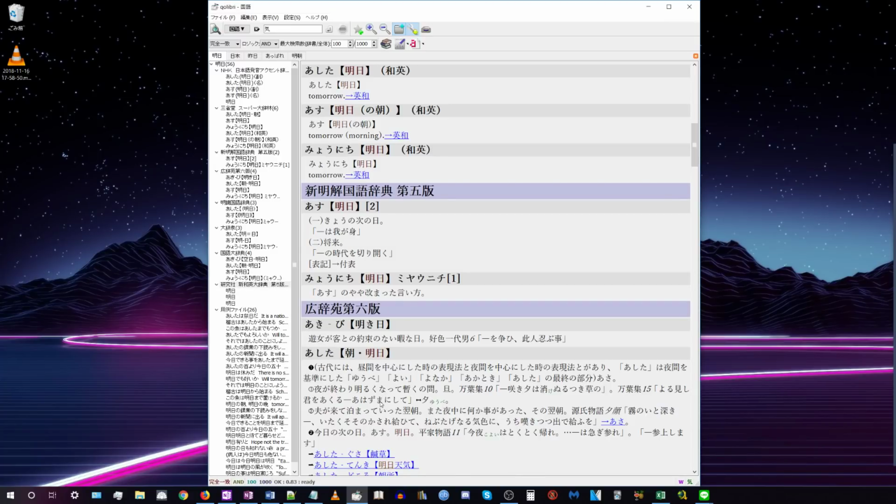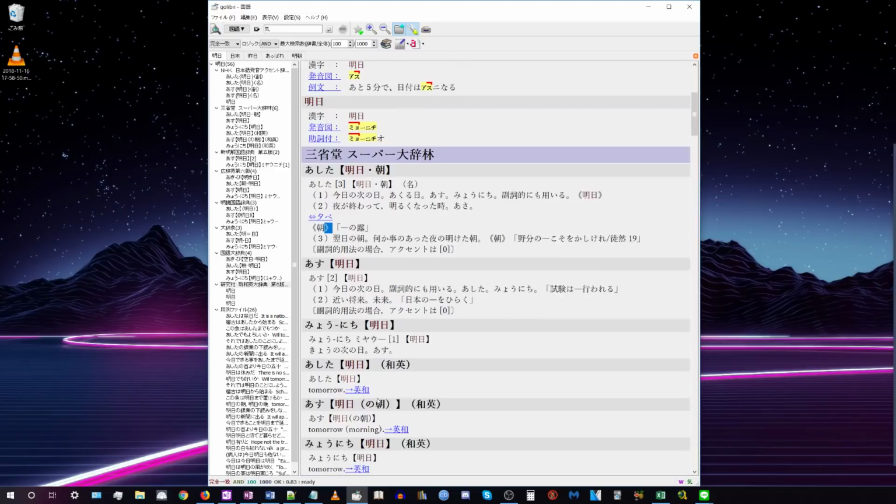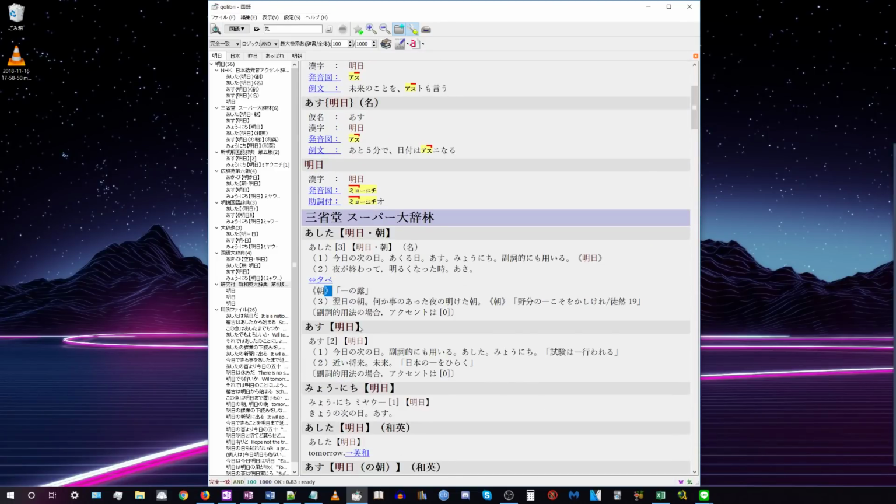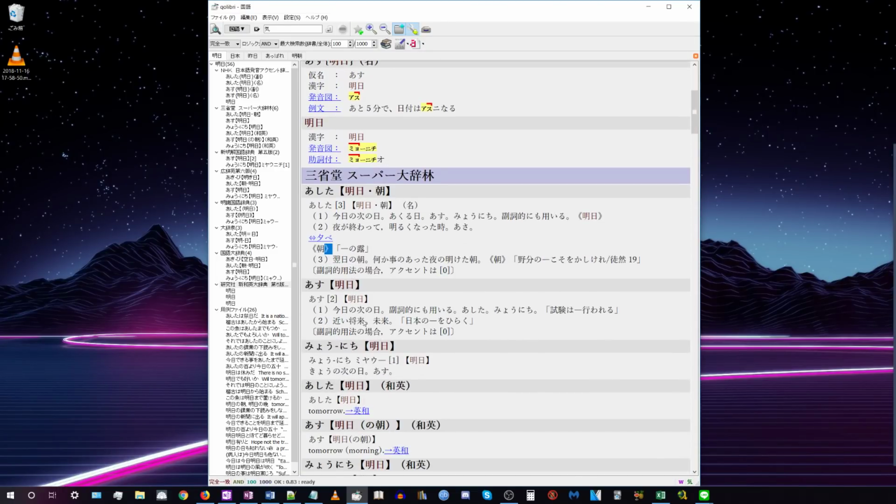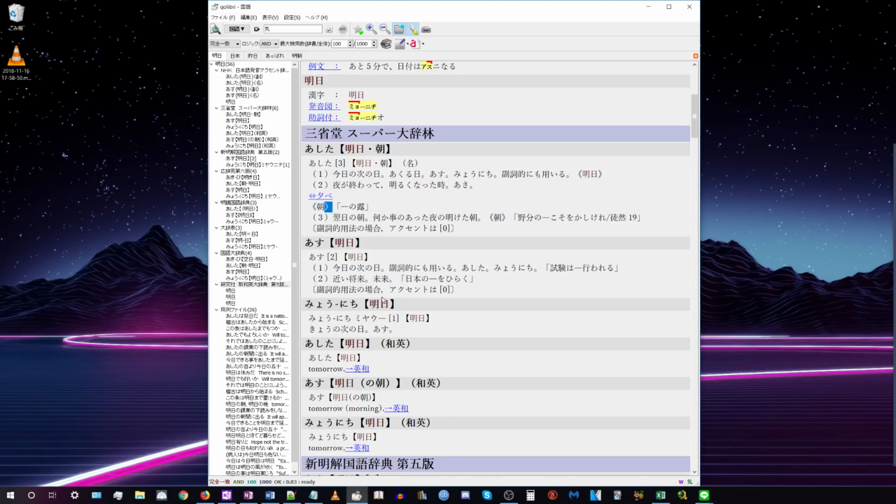But there's a few different categories of information that they give, and so I think if I explain that, then it will become pretty self-evident what the individual markings in each dictionary mean. So basically, let's just go through some words and I'll explain everything that's on the screen. I think everything will naturally become clear.